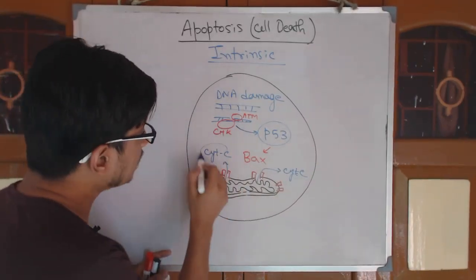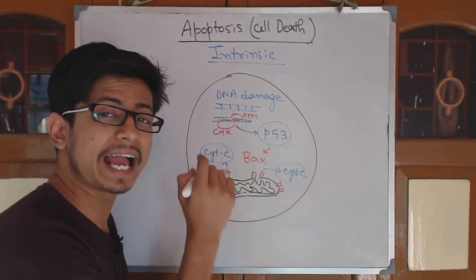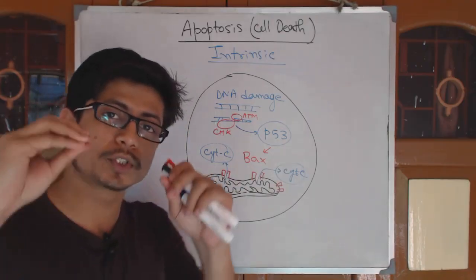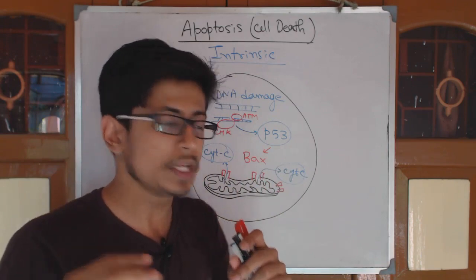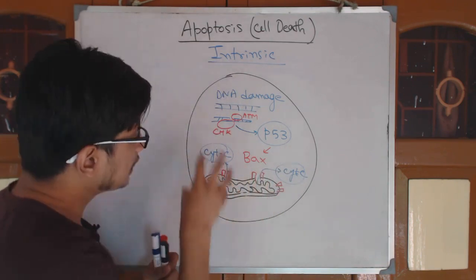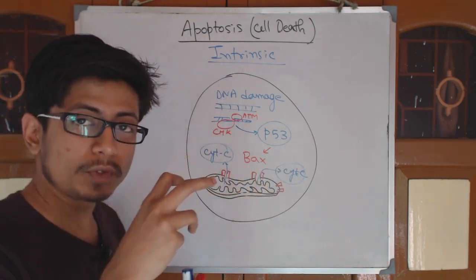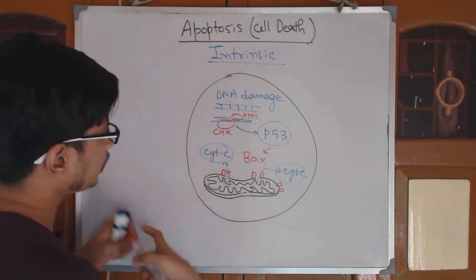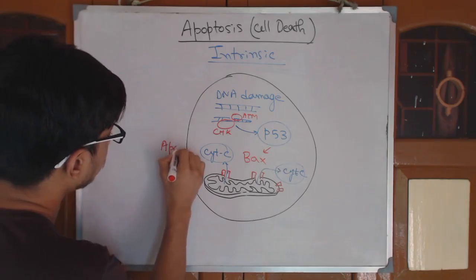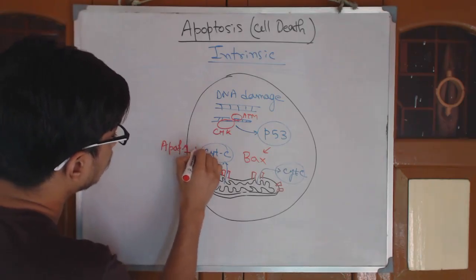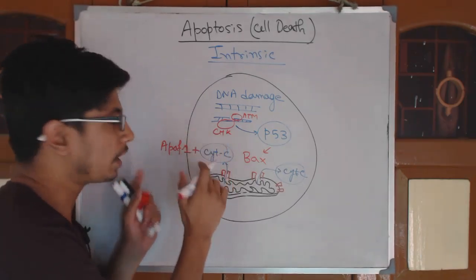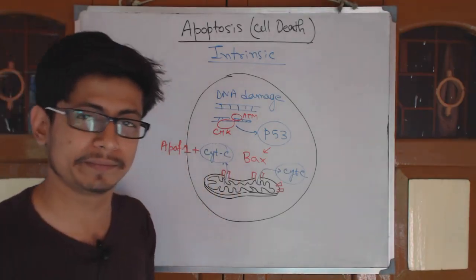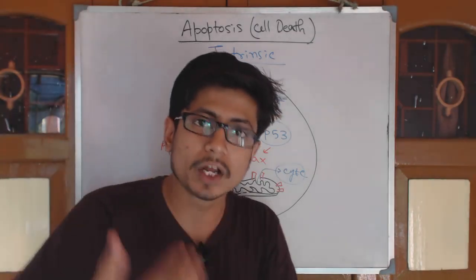Once cytochrome C is released in the cytosol, this acts as a death signal, because this should not happen. Cytochrome C should be present inside mitochondria. Once it comes out to the cytosol, cytochrome C will pair with another protein called APAF1. So cytochrome C and APAF1 together will catalyze a very important activity, and they will activate a set of